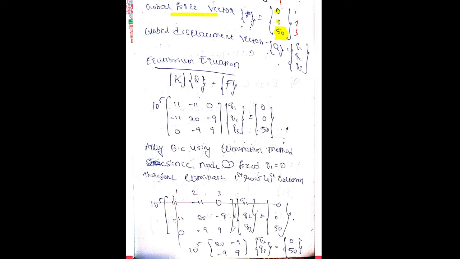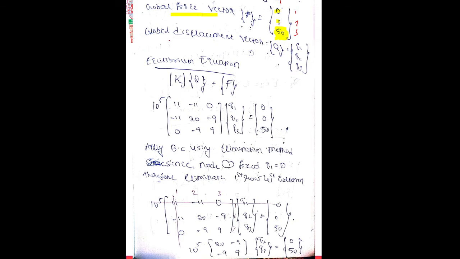What is the difference between this problem and the previous problem? Previously they gave the weight density, rho W. That's why we considered body force, but it cannot be considered here because it cannot be calculated. Body force will be there, definitely, but we don't know how much weight, because they have not given the weight density of the material. That's why we need to neglect it. Understood? Yes, sir.